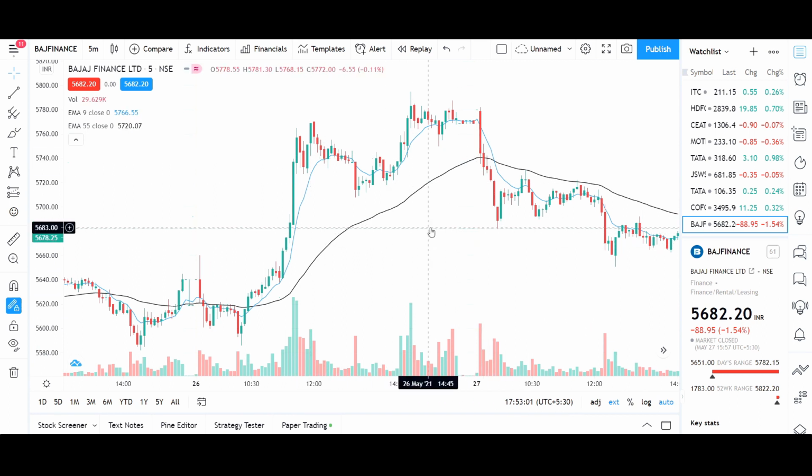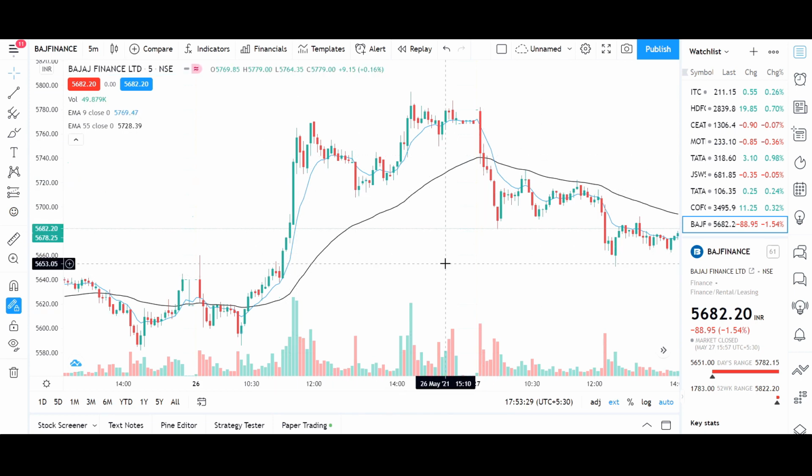So first let's understand which EMA is which. The 9 EMA, the EMA which moves faster with price, is always the smaller EMA. And the EMA which moves slower with change in price is always the larger EMA. In any case, it could be 200 EMA, 9 EMA, or 55 EMA, the one which is smaller moves faster with price, and the larger EMA moves slower with price.